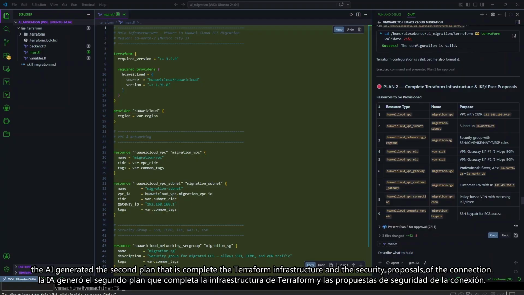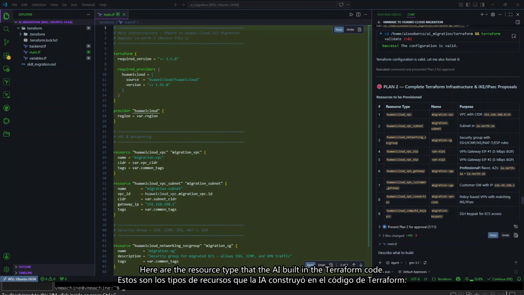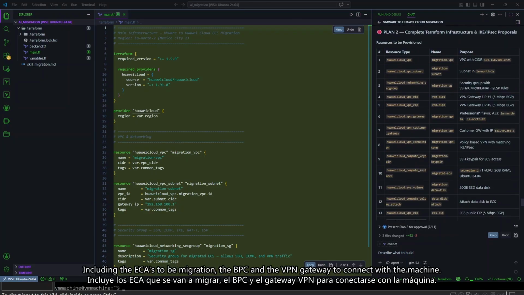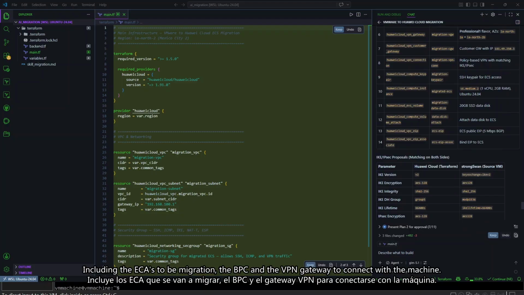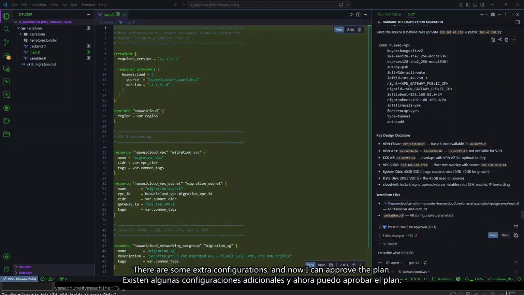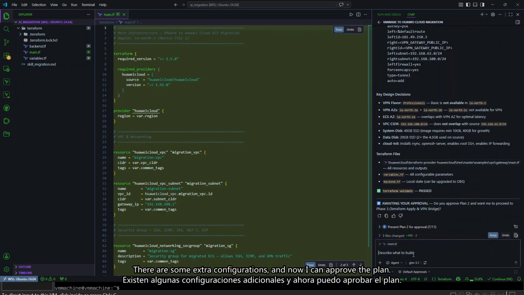the security proposals of the connection. Here are the resource types that the AI built in the Terraform code, including the ECS to be migrated, the VPC, and the VPN gateway to connect with the machine. Also, this is the security proposals about the Huawei Cloud Terraform VPN, and also the strong one that will be the OpenVPN site-to-site that the AI will install in the VM machine to connect to the Huawei Cloud VPN. There are some extra configurations, and now I can approve the plan